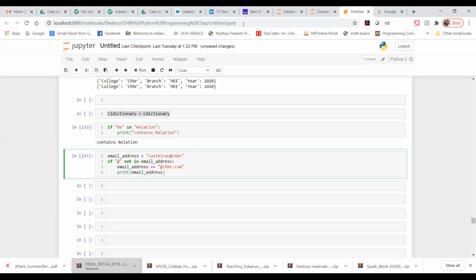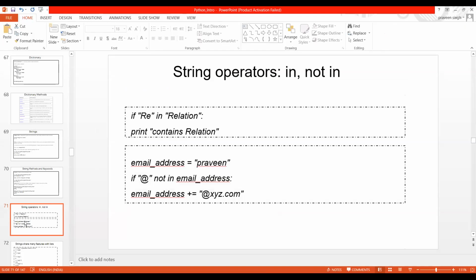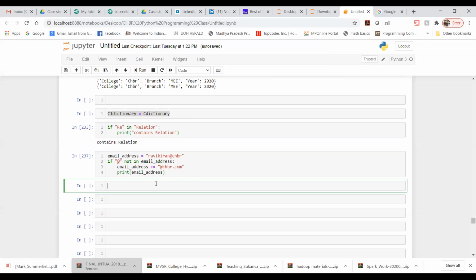Now let me see this again, and let me perform some other operation which is quite similar to string. Now this we have done, and our example is quite fine. Now let us move to the next. I don't know how many of you have remembered this, but I'm pretty sure I have already taught you. So let me ask you a few questions. Please, guys, answer my questions, because it's a kind of runtime test for you.